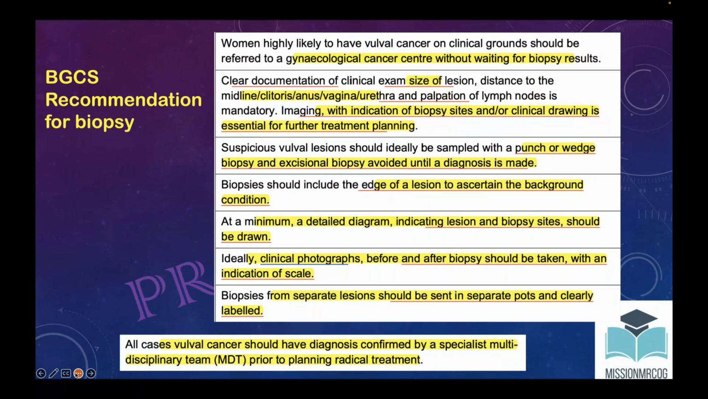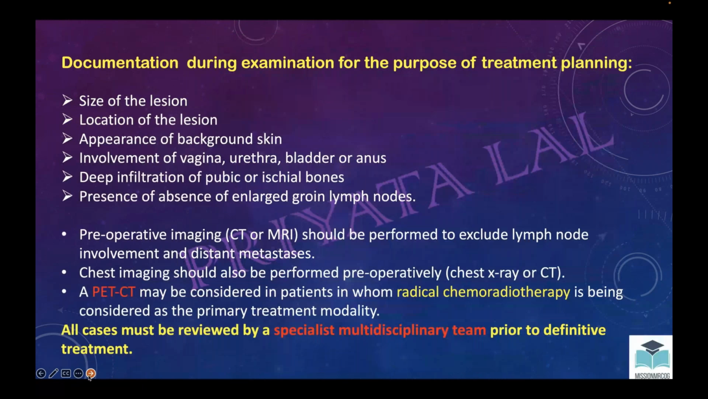Okay, so now for the treatment planning, what they want documented: size of lesion, location, appearance of background skin, whether there is involvement of vagina, urethra, bladder, and anus, infiltration of pubic or ischial bone, and the presence or absence of enlarged groin lymph nodes. Okay, so this would be the clinical documentation. Apart from this, preoperative imaging by CT or MRI to rule out lymph node involvement or any distant metastasis. Chest imaging to be done,